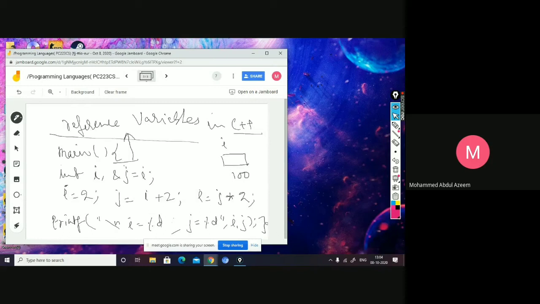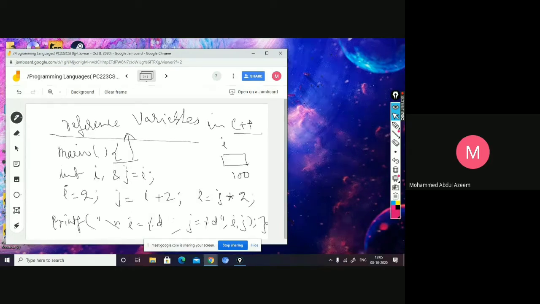And the second difference between the pointer and the reference is, for pointers, memory will be allocated. Hardly 2 bytes of memory. It holds the address of another variable of the same type, which it wants to point to or refer to. But for a reference variable, memory will not be allocated.